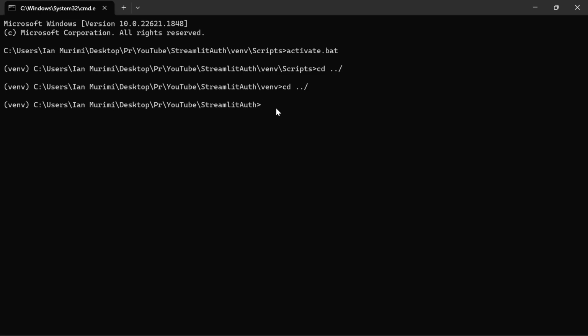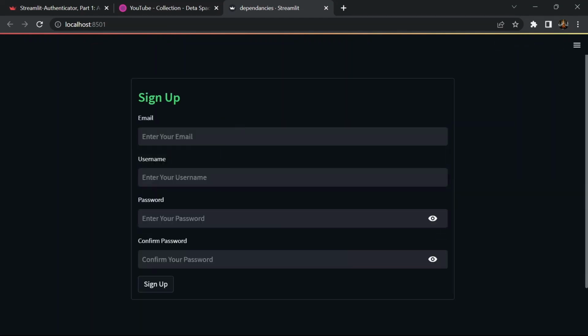So Streamlit run dependencies.py. Yeah, you can see it has started, and this is our sign up template. It looks like this,